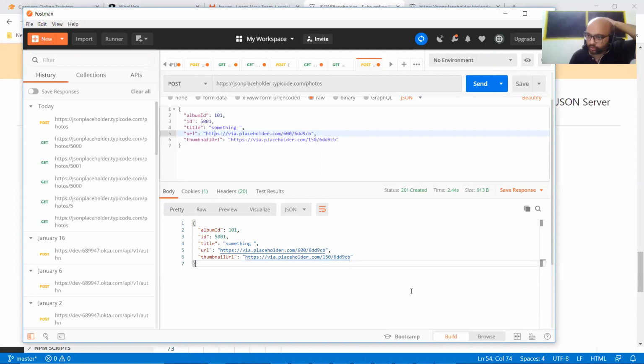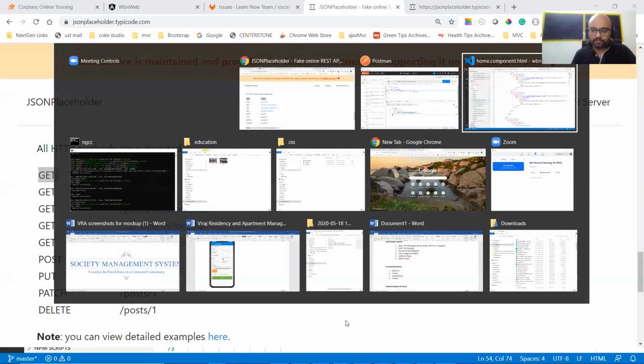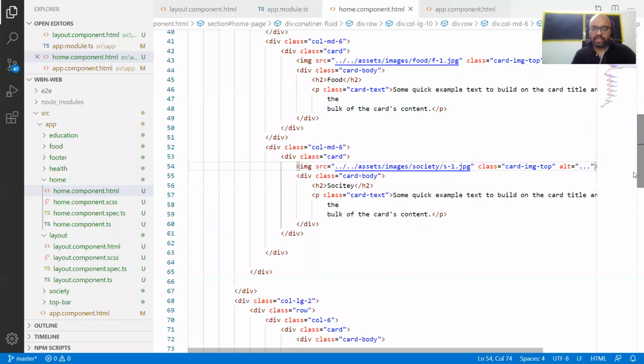Okay. So let's do one thing. Let's integrate this code into our application, right? Just give me a minute. Okay, so now let's integrate this in our application. So we go to our application, and what I am thinking is where we should put it.